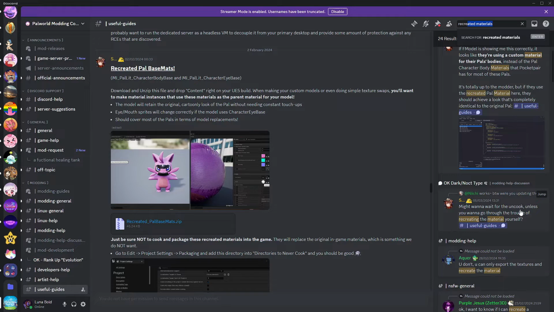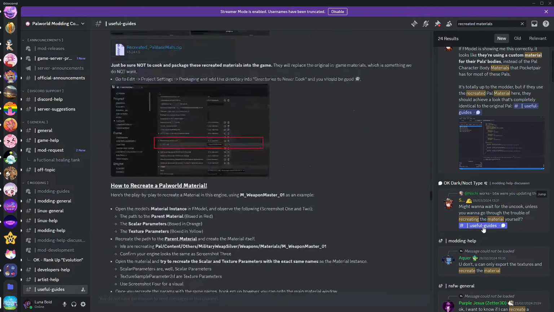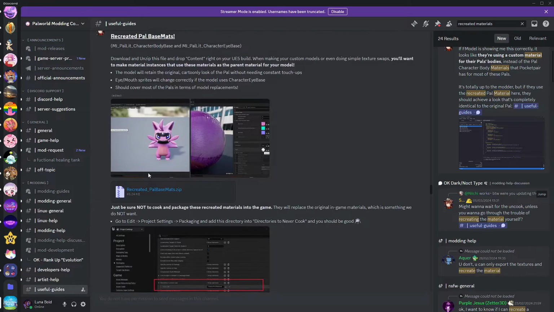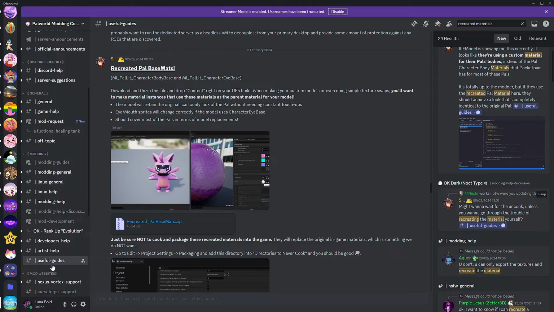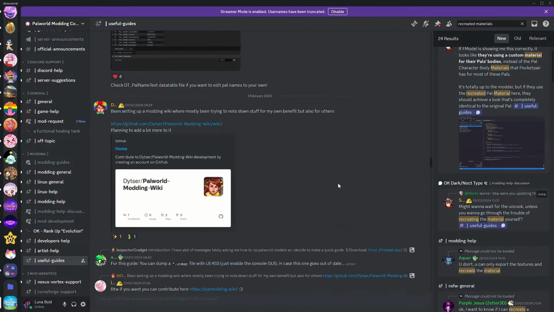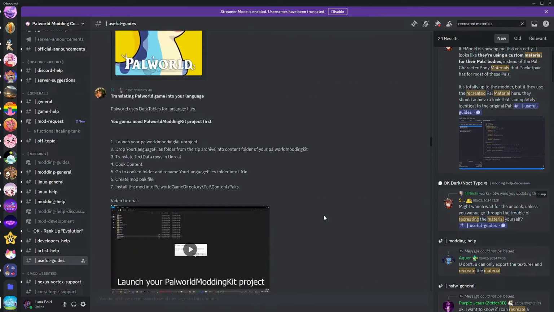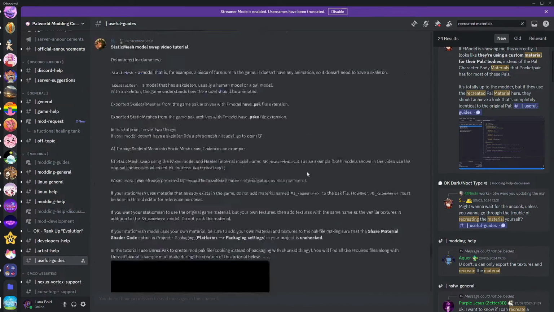Might want to wait for the dome to cook. You just click useful guides. It will take you to this post here where Sora mentions how to recreate PAL base mats. It's found in the useful guides section. I don't think it's that far down to scroll. If you're unable to find it, just click on useful guides and scroll down until you find